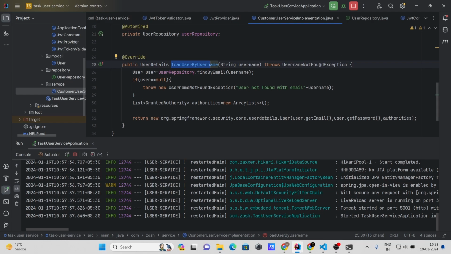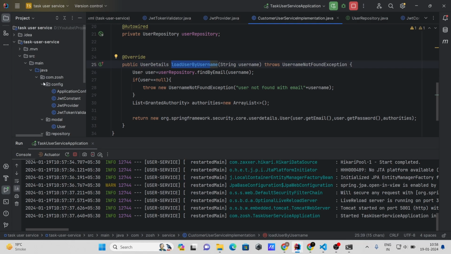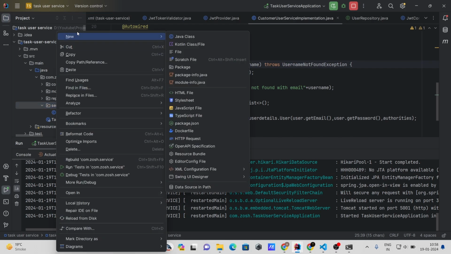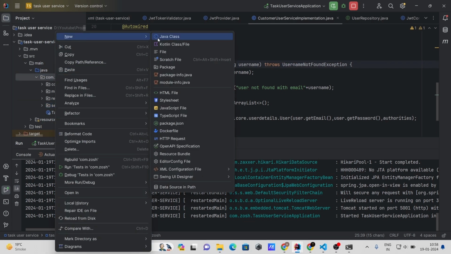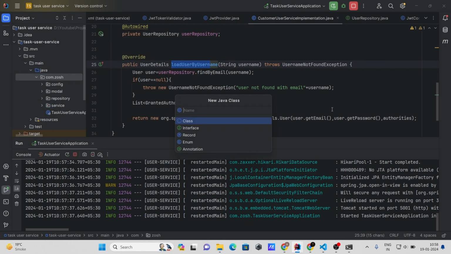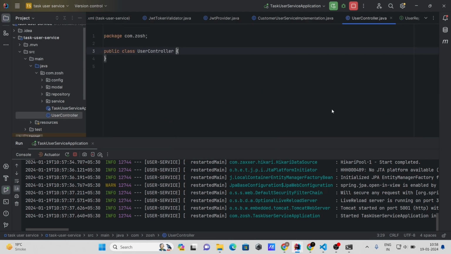All right. Okay guys, so now it's time to implement login method and register method in our application. So what I'm gonna do is, let's go to service, or maybe let's go directly to controller. Let's create here one controller, new Java class, and here I'm gonna write user controller. Okay, user controller. So inside that user controller,